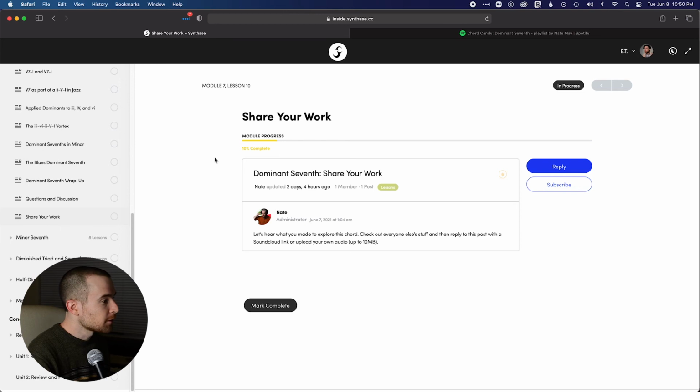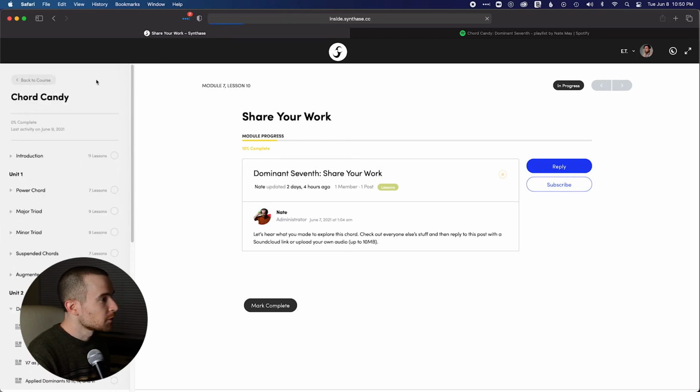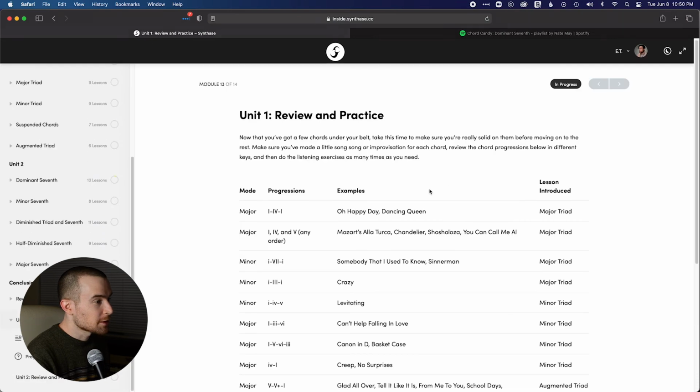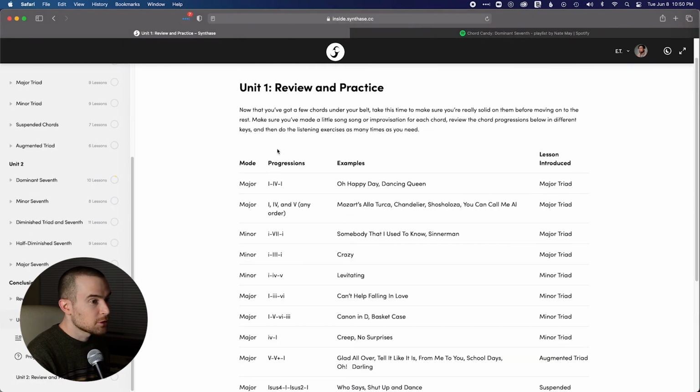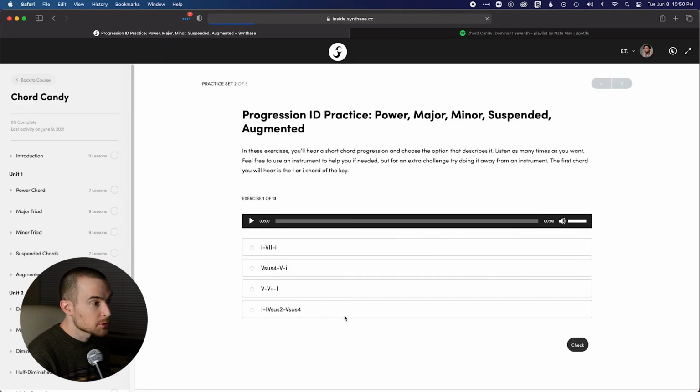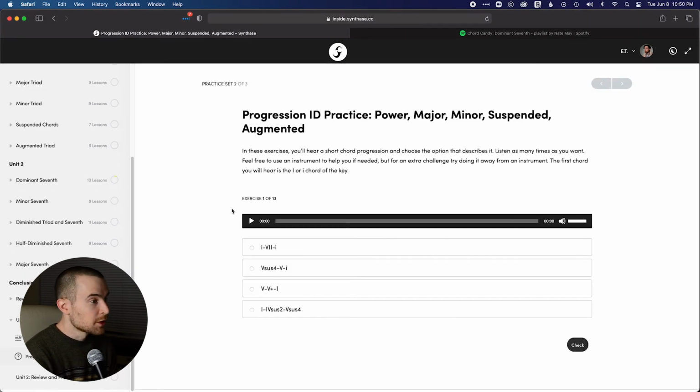And then if I go back to the course here, you can see that at the end of each unit, there is a chance to review and practice. So if I click on that, I see all of the progressions we talked about in the unit. There are 2 units, all of the examples, and then there's an opportunity to do some little quizzes or exercises rather. And these I'm really excited about because I made them in a way that's musical. It's not just taking these things completely out of context. It's giving you these little snippets of chord progressions as you might hear them in a real song,